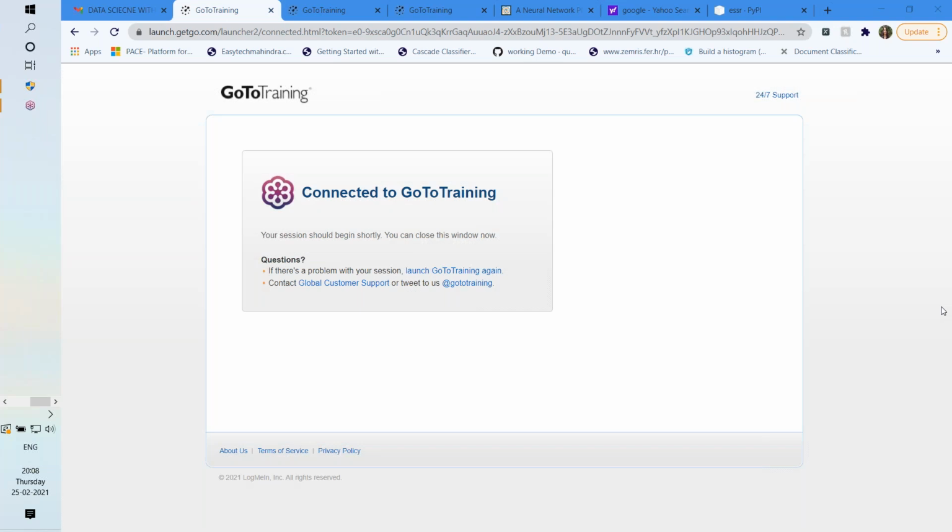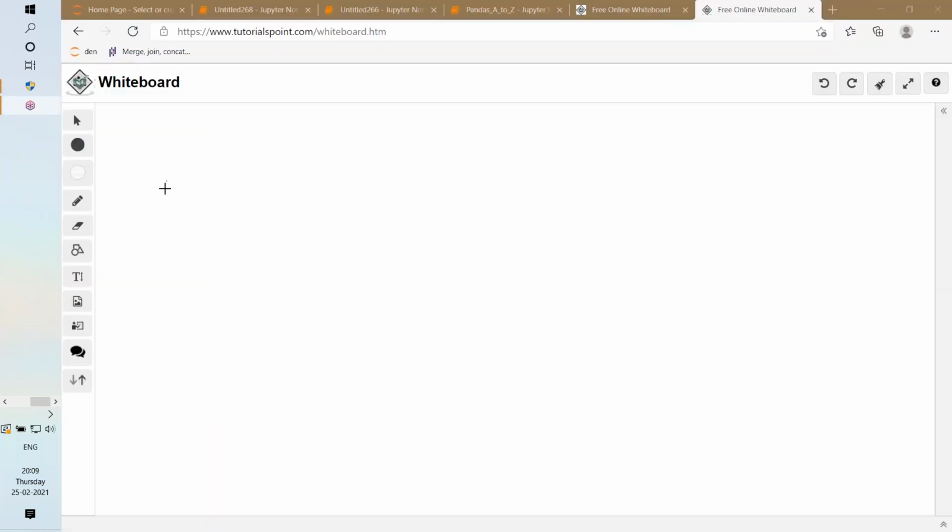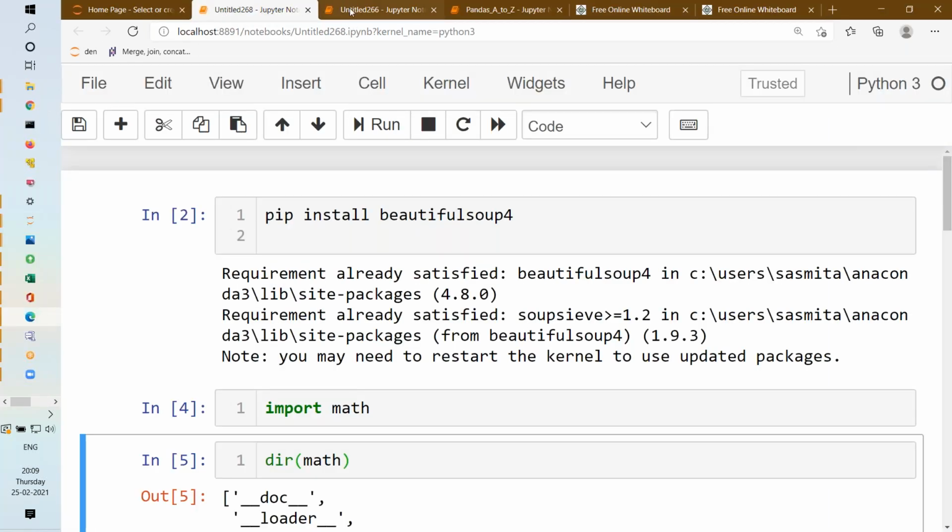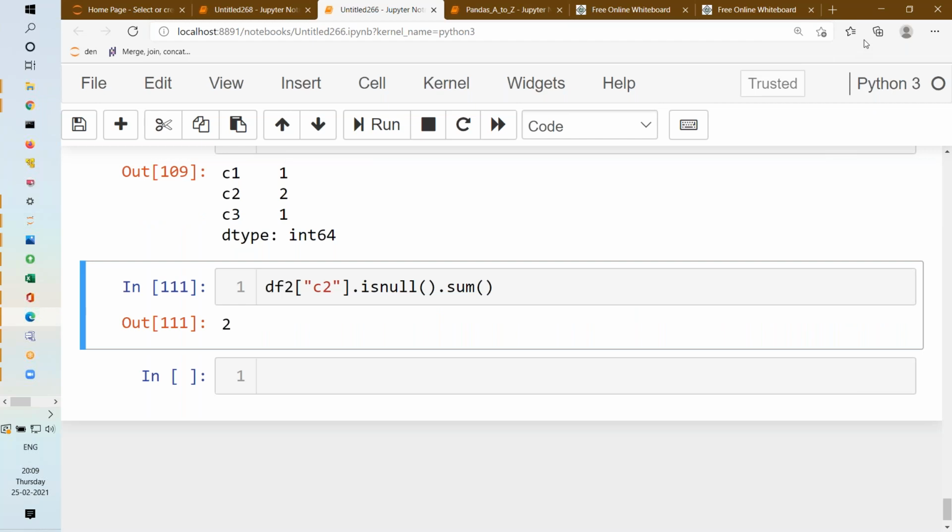Okay, so quick revision, right? What we have seen in the last class. We discussed different things in pandas. We have one topic called series which is left. Most of the other topics like missing value treatment and other things we have seen. So let me quickly summarize what we have seen.